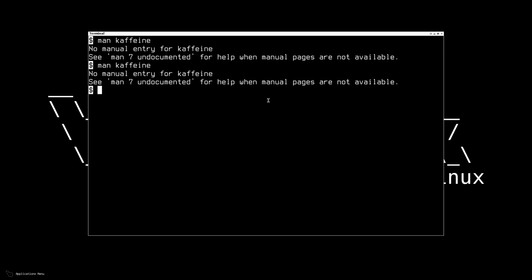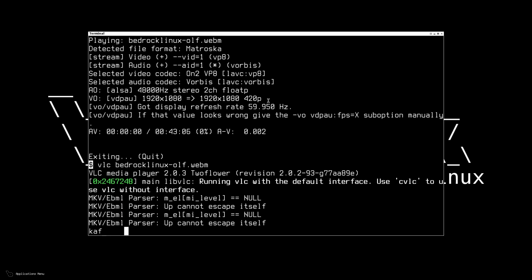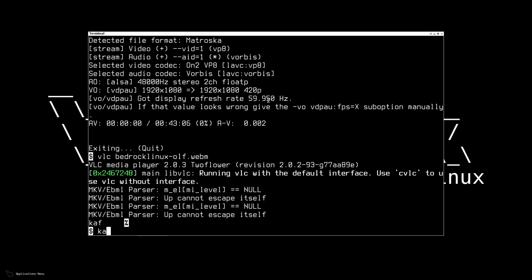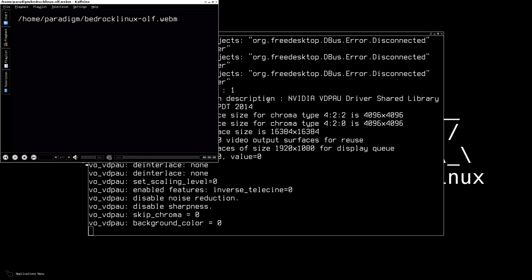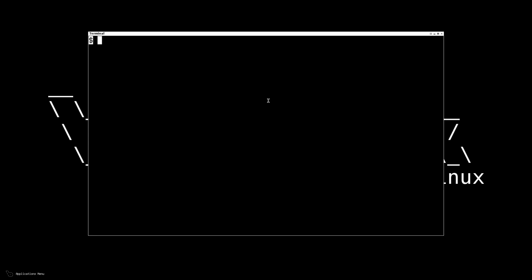So yeah, all these commands work like you'd expect if they're native. The difference being, I got them all from different distributions. They do work. Here's MPV playing the video. Here is VLC playing the video. Here is Kaffeine playing the video. It just works like it's native. If you didn't know where to look, you wouldn't realize those three programs came from different distributions.